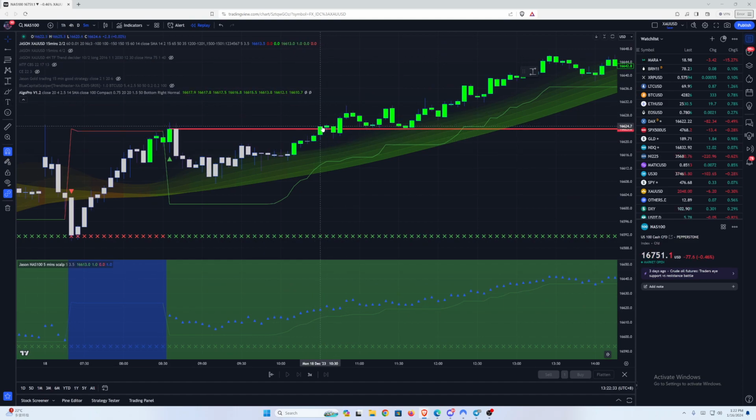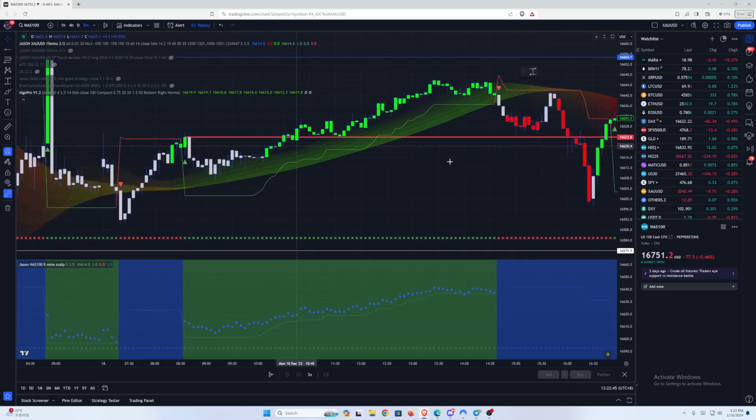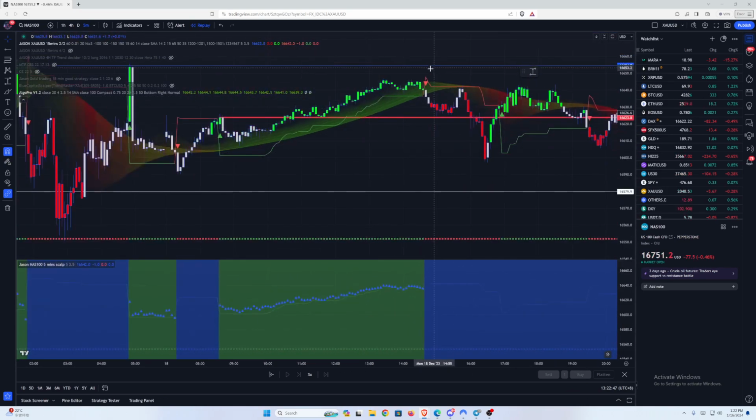Our entry will be in here, but our stop loss will be in here. Okay, so I will be entering a two lot position in here, and my stop loss will be in here. Okay, I'll let the price drive. My take profit will be in here. Okay, but because the price went up and it stopped at here in the white candle, I'll be taking profit in here after that